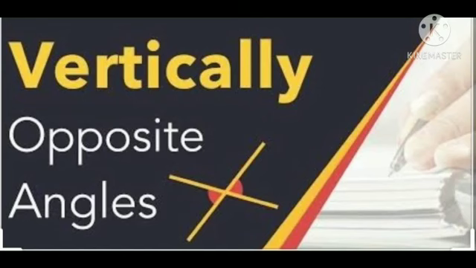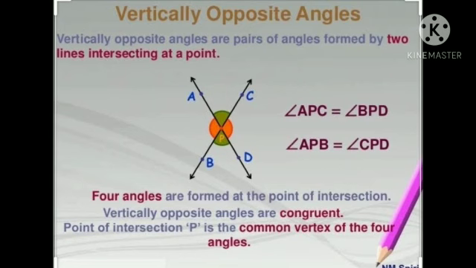So today we will see what is vertically opposite angle. Now see student, what is vertically opposite angle? Vertically opposite angle means the angle formed by the opposite rays of the arms of an angle is said to be its opposite angle. Clear? Now here when the two lines intersect at a single point, that time you will get the four angles.